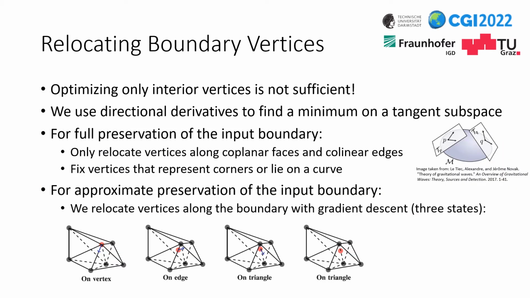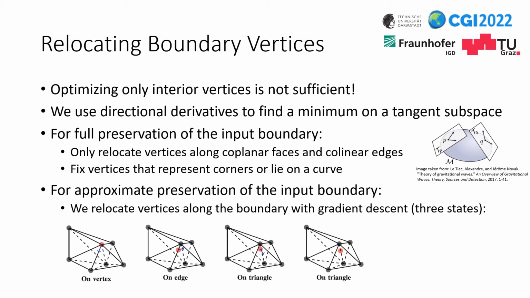As optimization of interior vertices is not sufficient, we also address relocation of boundary vertices. In our paper, we explore the use of directional derivatives to find a minimum on a tangent subspace. We can either achieve full preservation of the input boundary, or we can approximately preserve the input boundary for even better mesh quality. For full preservation of the input boundary, we only relocate vertices along coplanar faces or collinear edges,